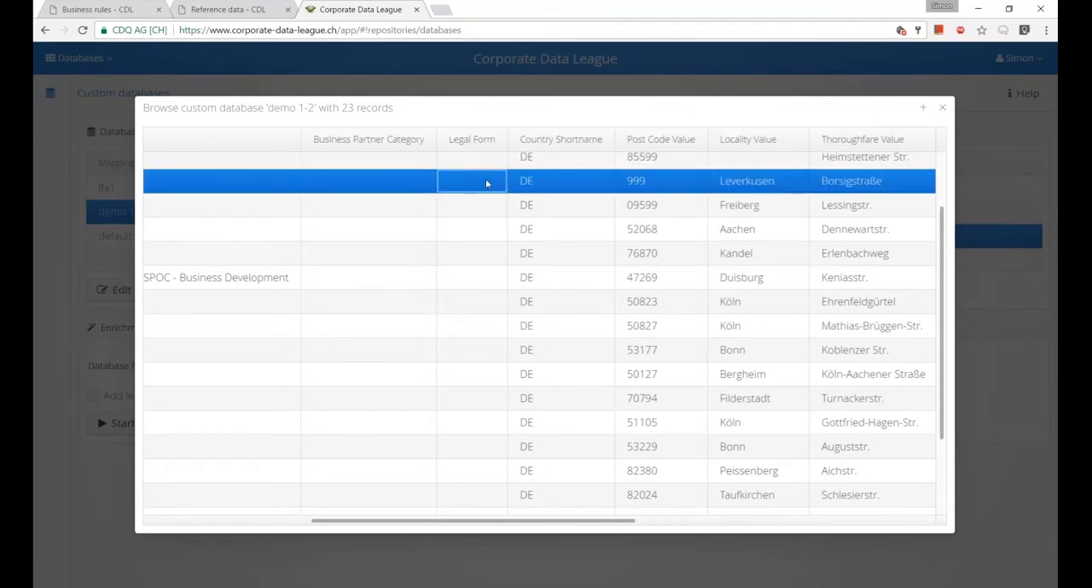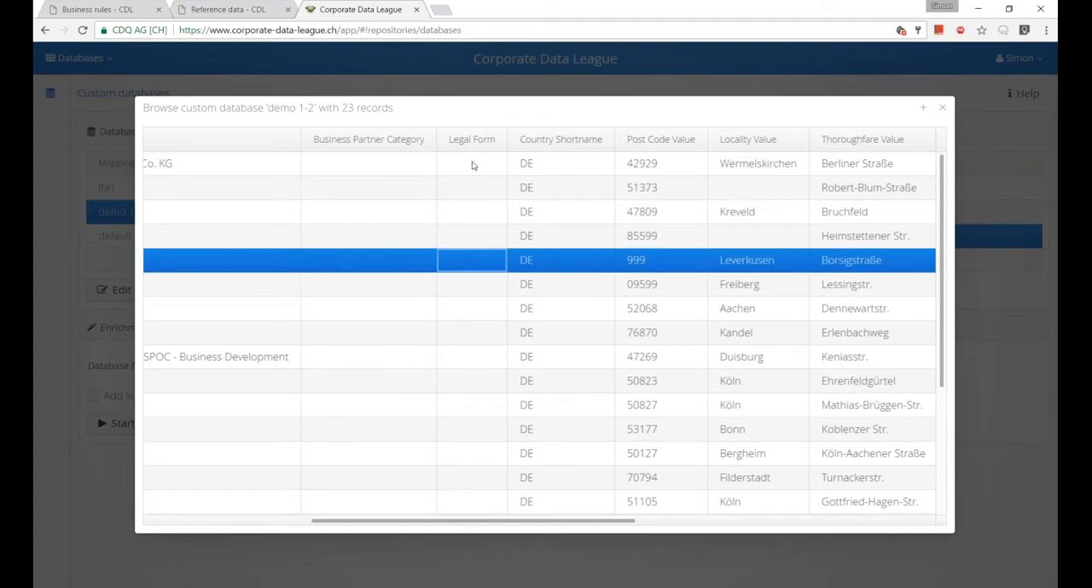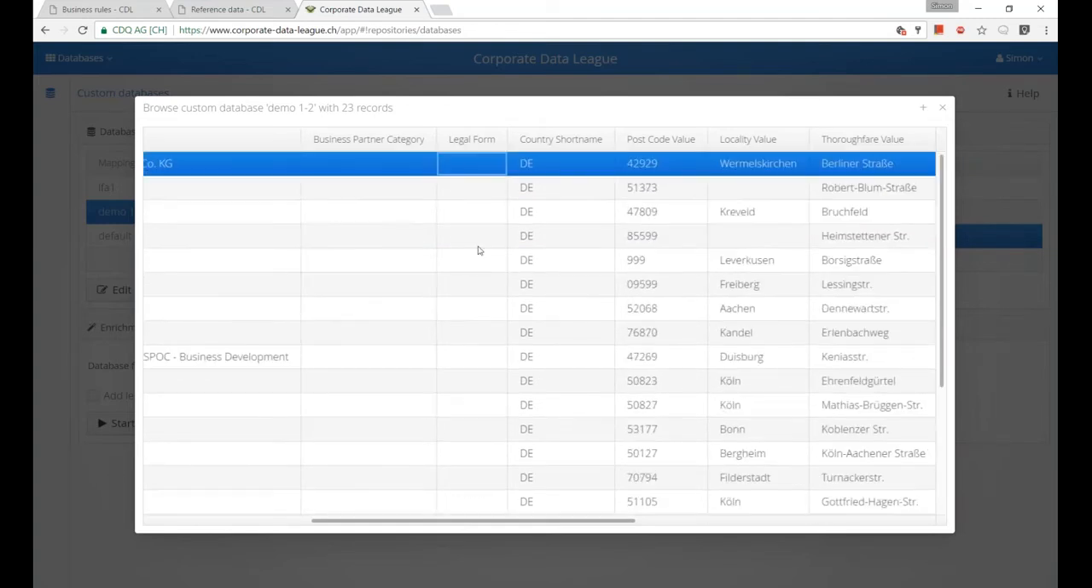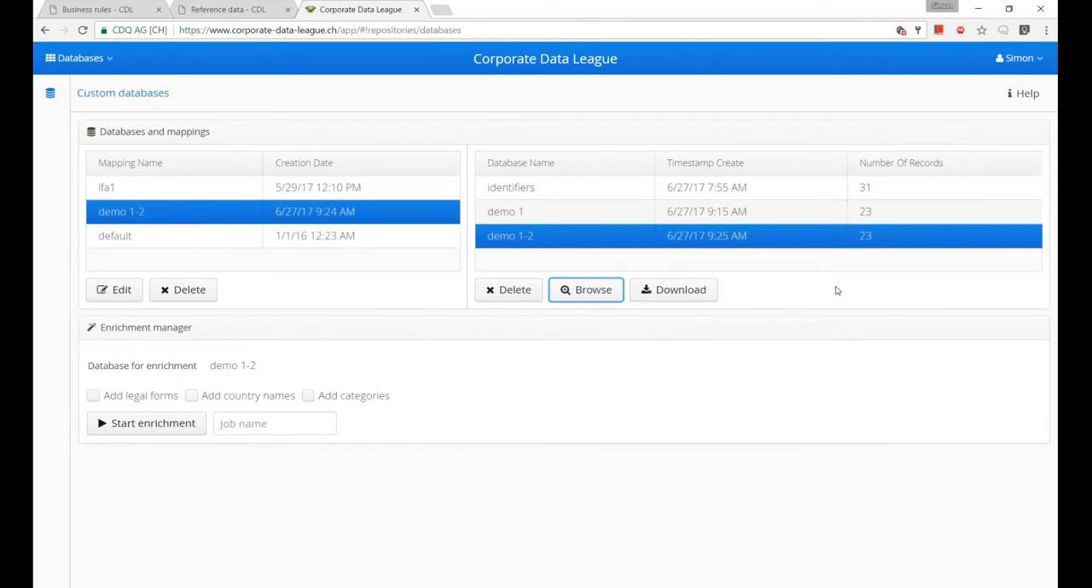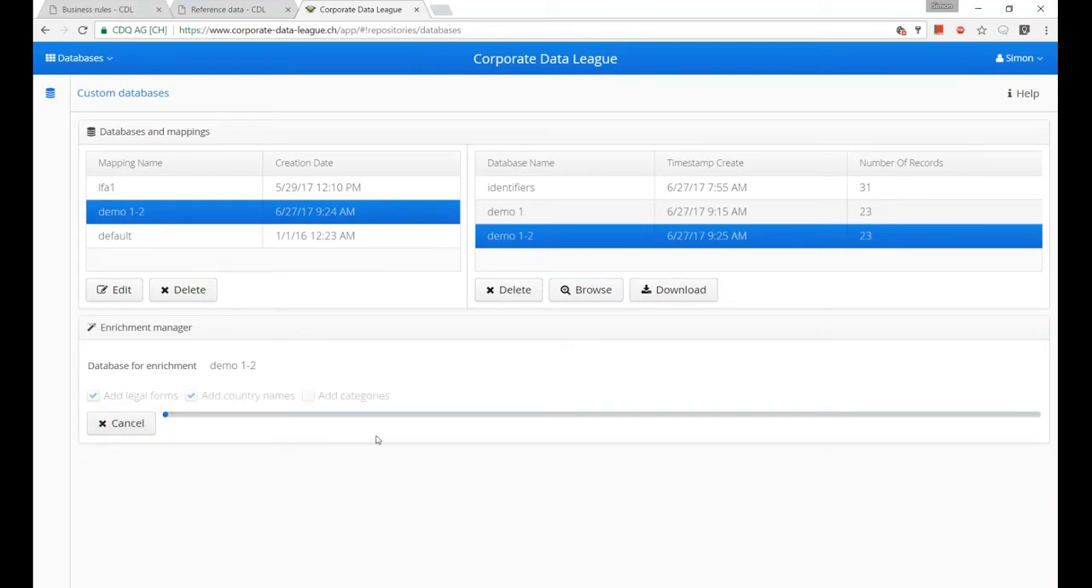In the previous validation report, you saw that often this legal form attribute was missing, because it was not in the source data. And we have the possibility here to do some basic enrichment. So we can select the database, and then we can enrich legal forms and country names or categories. The legal forms are parsed from the business partner name and then added to the database that you have here. So when I select here, add legal forms and add country names, and start the enrichment,